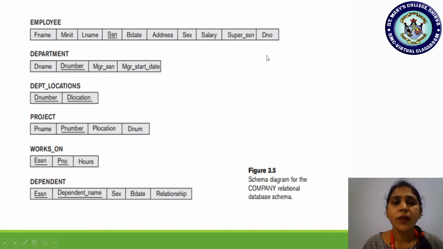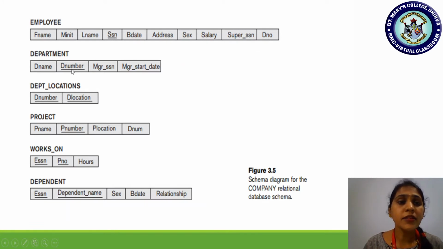But observe the last column, attribute information. What are you finding? DNO, department number. What is this? See here, which one is underlined in this particular schema? SSN is underlined. SSN is underlined means SSN is the primary key of the employee relation.